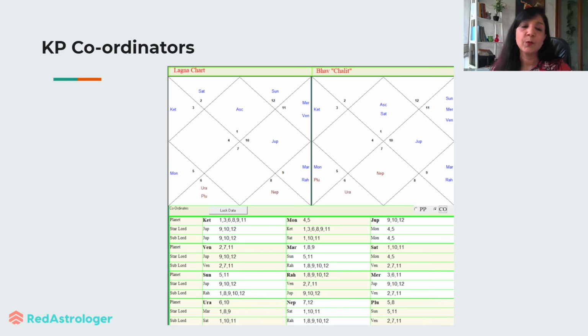Now next question is, when will this person get married? So for that you have to check timeline and see if running dasha is showing marriage combinations, like this person got married in Venus Mercury dasha. Now since there was promise, so it gave marriage in Venus and Mercury dasha. Else it is a weak chart for marriage, as there is 7th house involvement, no doubt, but there are majority